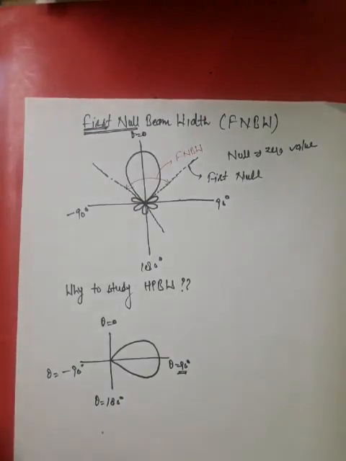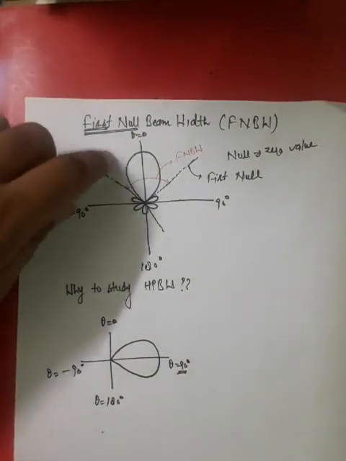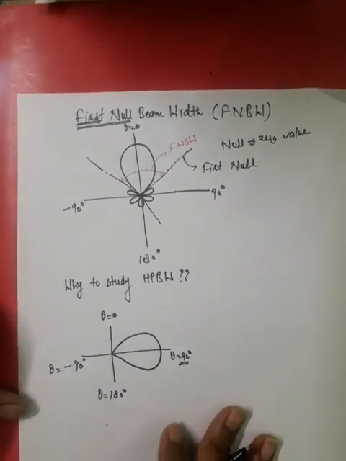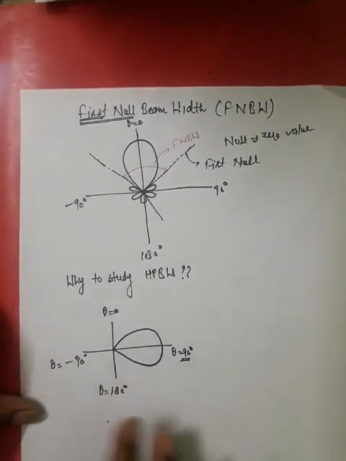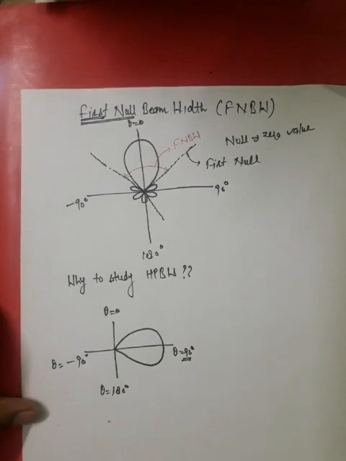It will depend upon different kinds of antenna and the coordinate system we are using, where we are taking theta equal to 0, where we are taking theta equal to 90. Mostly we use this, but it may vary depending upon the coordinate system and the polar system we are using and in which way we are taking our observation. It will mostly depend upon the way we take the observation if we are experimentally making these patterns.